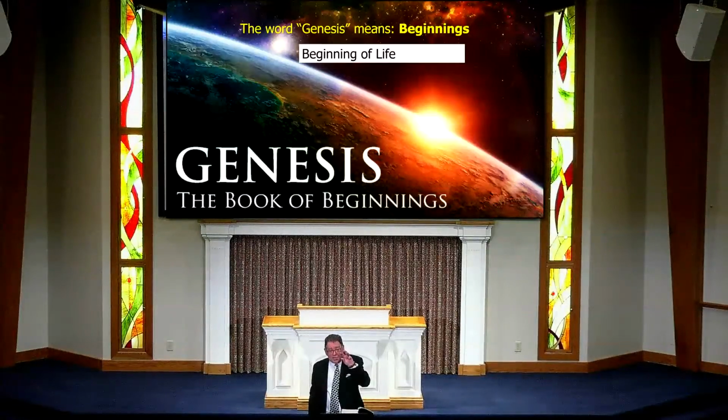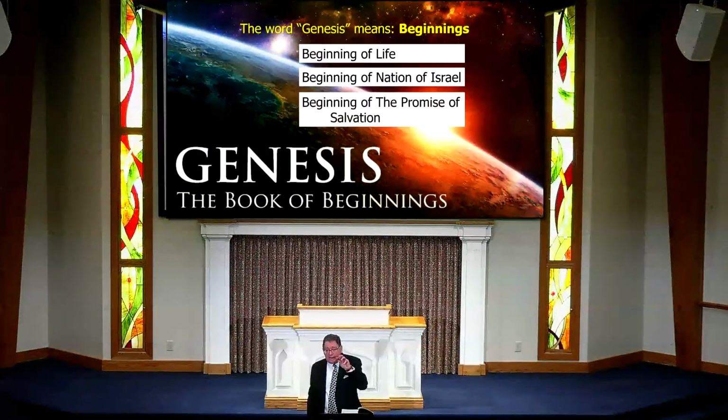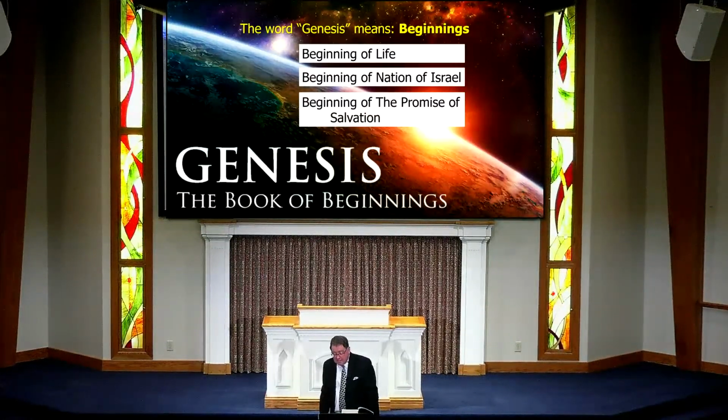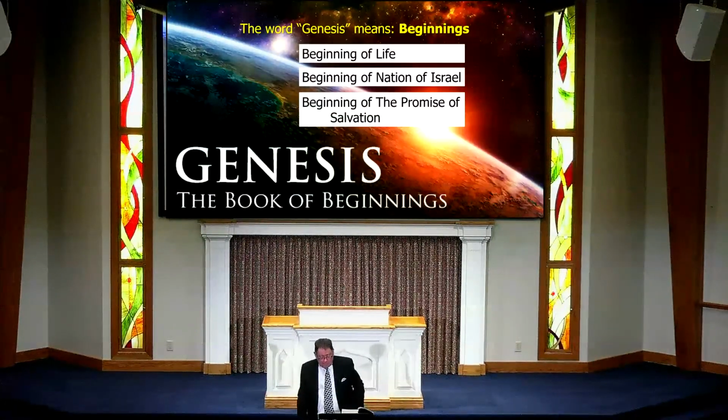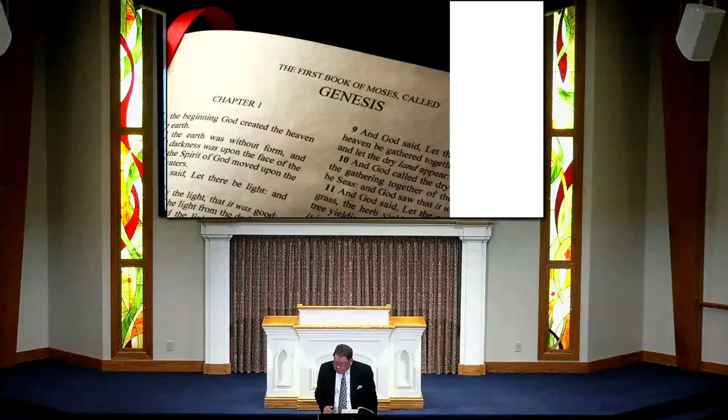But from this, it goes to talking about the beginning of a nation, Israel. And from that, it's going to talk about the beginnings of salvation, promised to Abraham, but all the way filled through the rest of these people here. And so that's going to be some of the significant things we see. Now, when we look at Genesis, the second page here, it begins with man in the garden. The book ends with the people of God in Egypt.